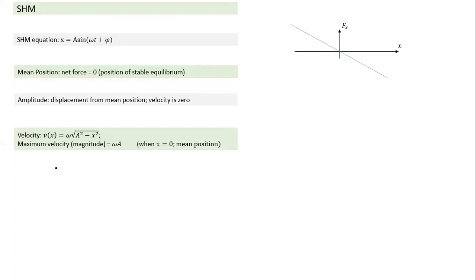And in terms of force and acceleration, what kind of force gives rise to SHM motion? This has to be the nature of force. What you notice here, force is equal to minus kx type. It means at this point the force is zero, the position of equilibrium. If we are displaced towards the right, force is negative, so it becomes a restoring force. So acceleration is equal to minus omega square x, an equation we use very often, and acceleration is maximum when x is maximum, which is the amplitude.